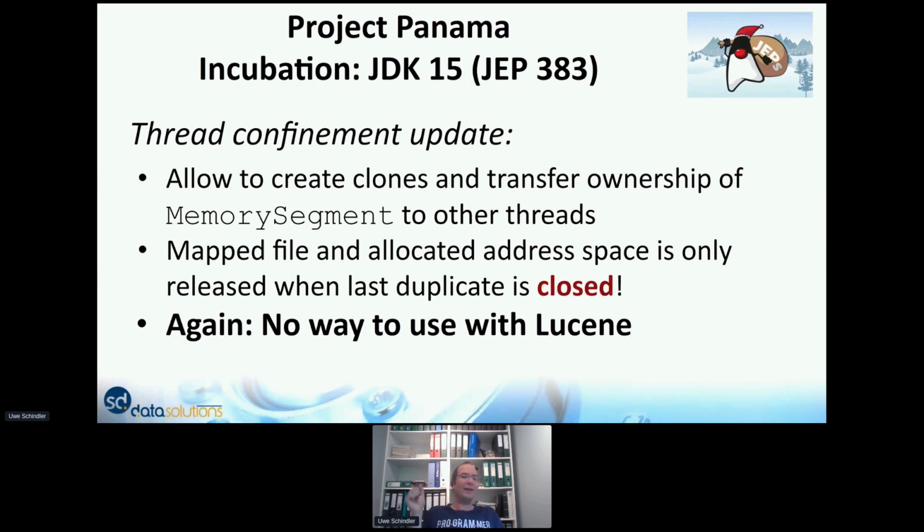So the thread owning the memory segment was able to close it. There was also the possibility to clone a memory segment and use it in a different thread, but only the one owning it was able to close it. The problem is in Lucene, we don't know who closes the index. It could be any thread simply closing the index. So again, no use with Lucene.